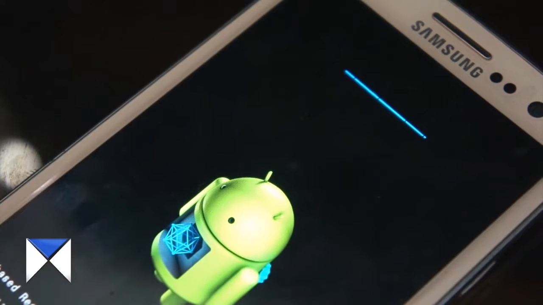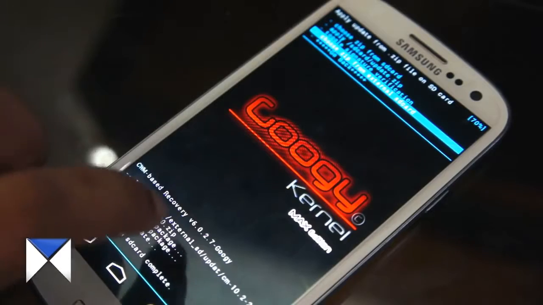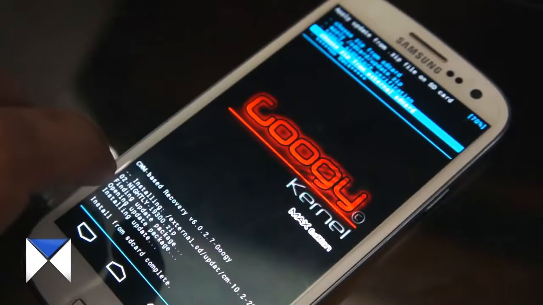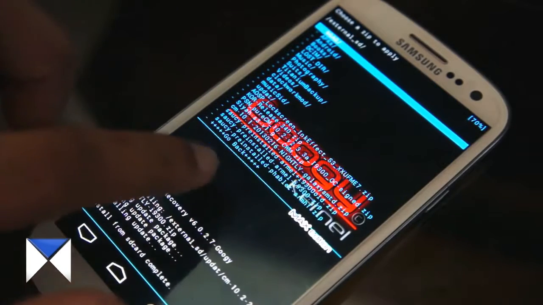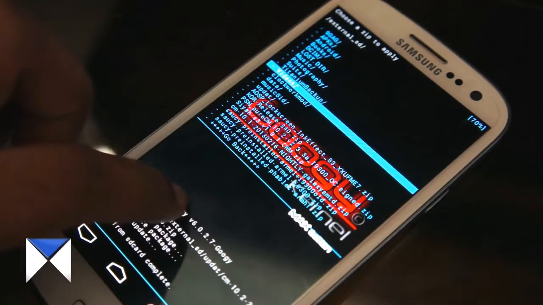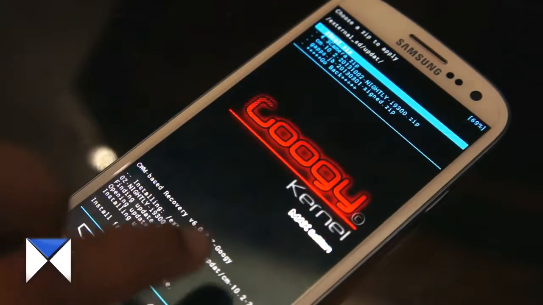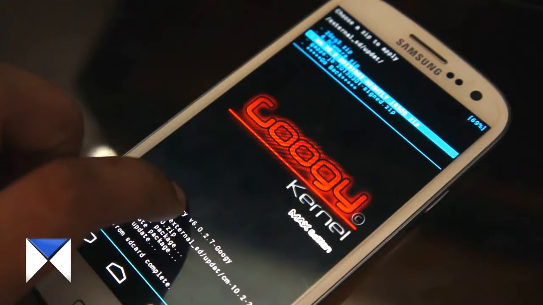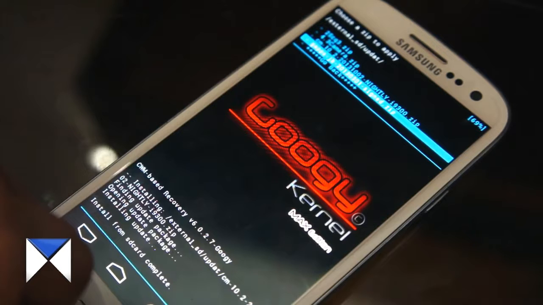After the CyanogenMod is installed, you again want to head over to install from an external SD card. You tap on enter. After you get there, you again go onto the folder that we created, which is update. You go onto update, then you select GApps this time, and after your GApps installation is complete,